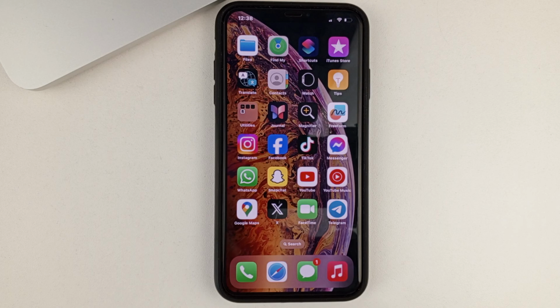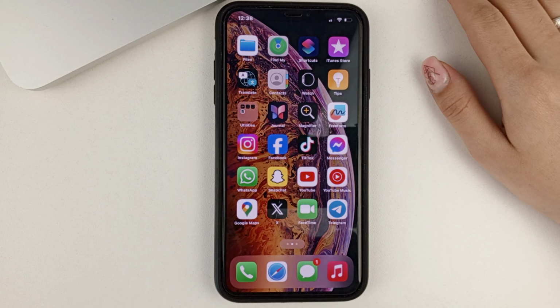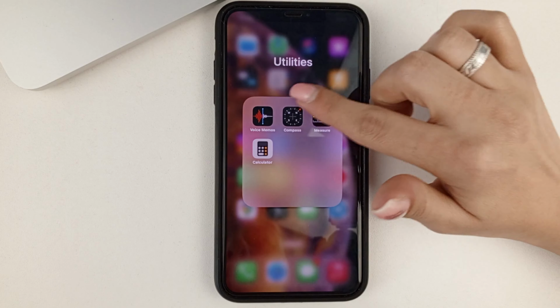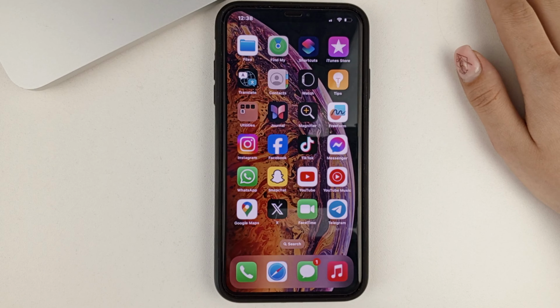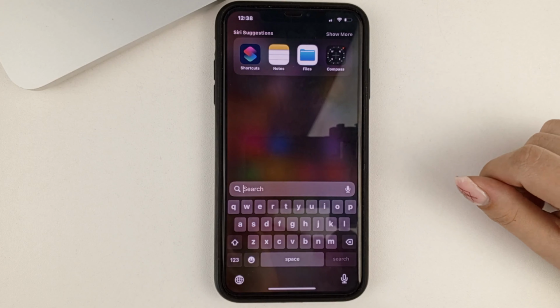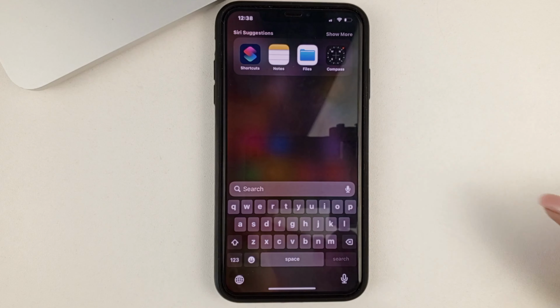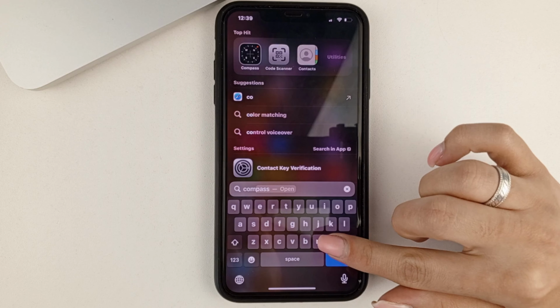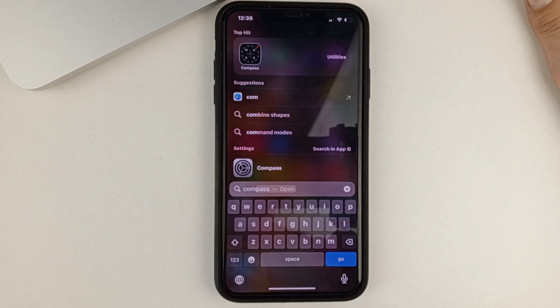So, in order to do this, we're going to need you to find a special compass app that's pre-installed on our iPhone. If you don't have it on your desktop, you might have it on your desktop. It might look like this. If you don't have it, then you can find it very easily by swiping down on the screen. Then you'll get a search box here where you type in the words compass. And then you'll see the application appear at the top.